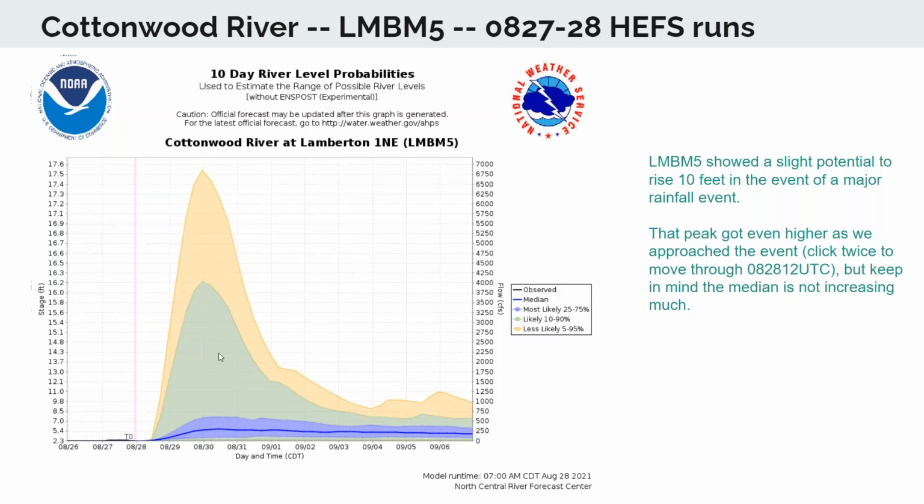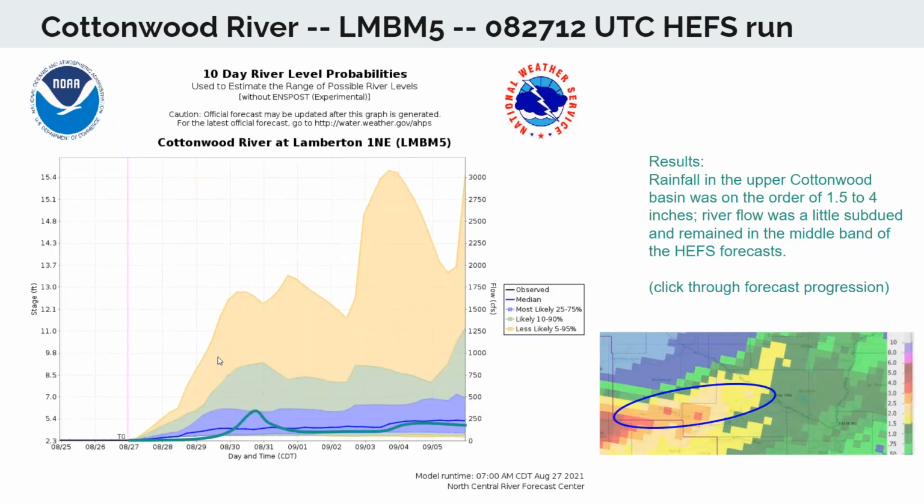This is not, by the way, a forecast point. This is one of our data points, and this is one of the advantages of some of the output that we're seeing from the RFC, that we now have some guidance to take a look at for some of our non-forecast points, which is really good to see. So now let's take a look at what actually happened.